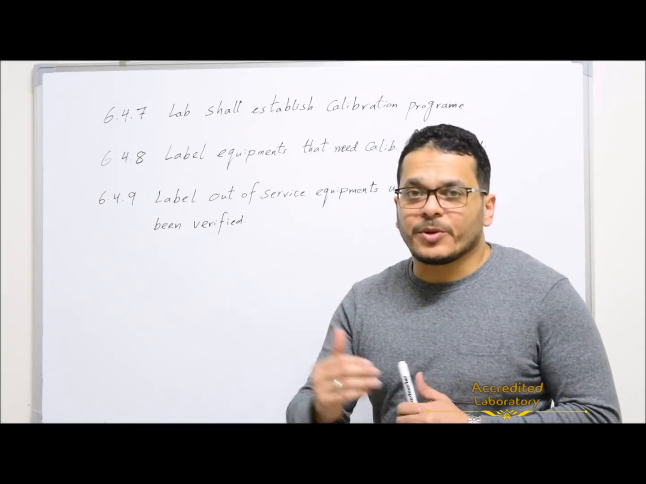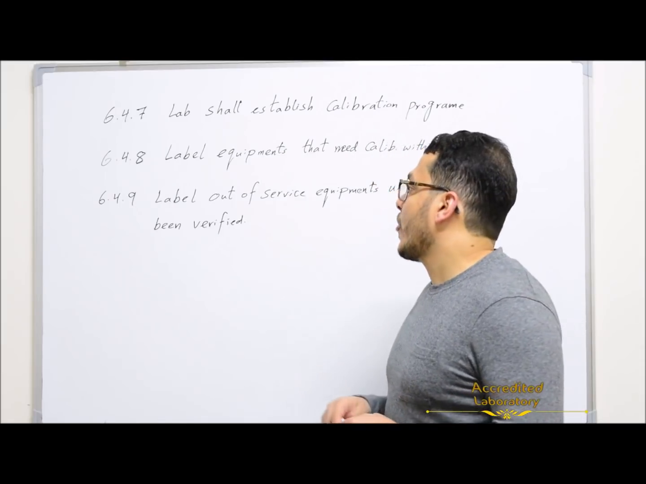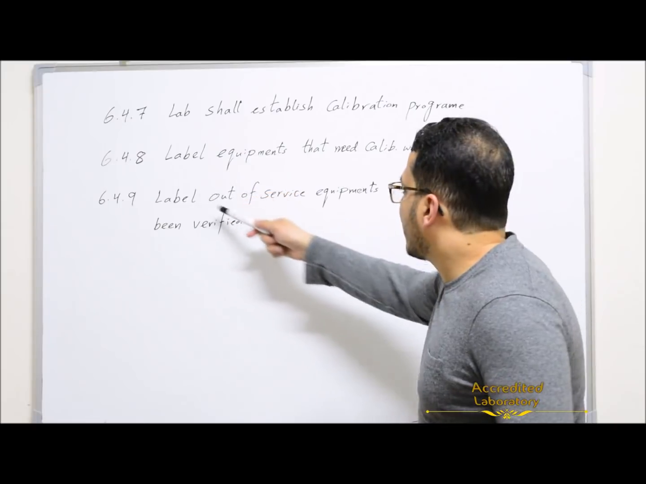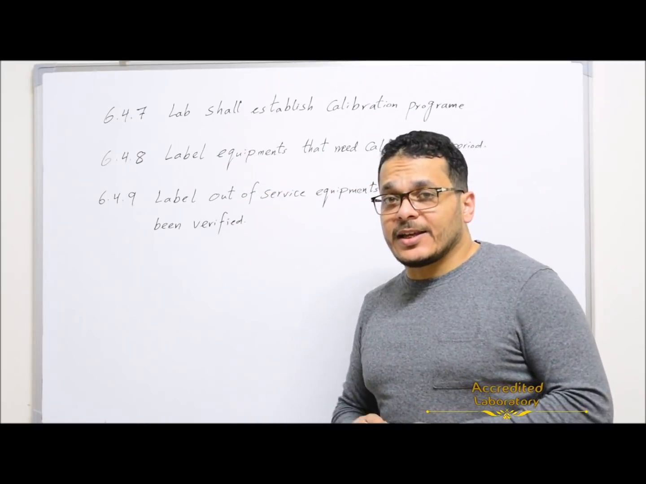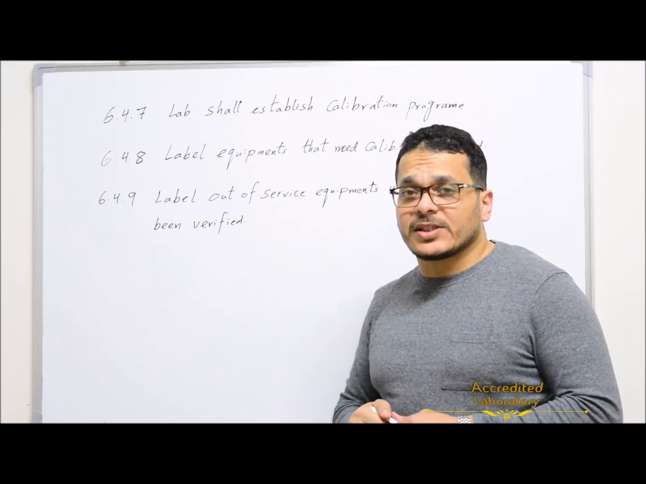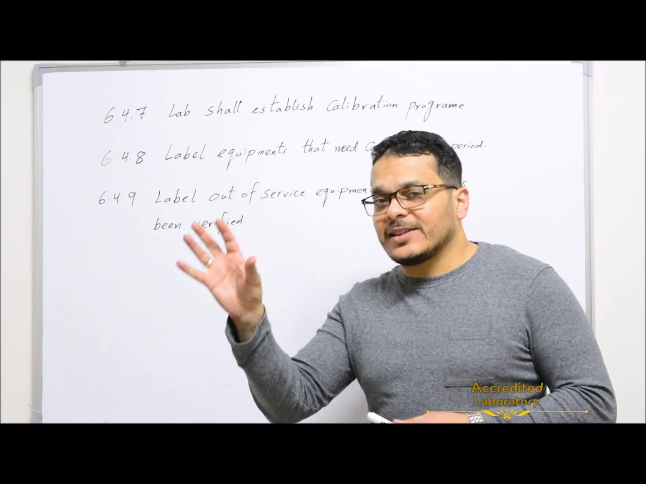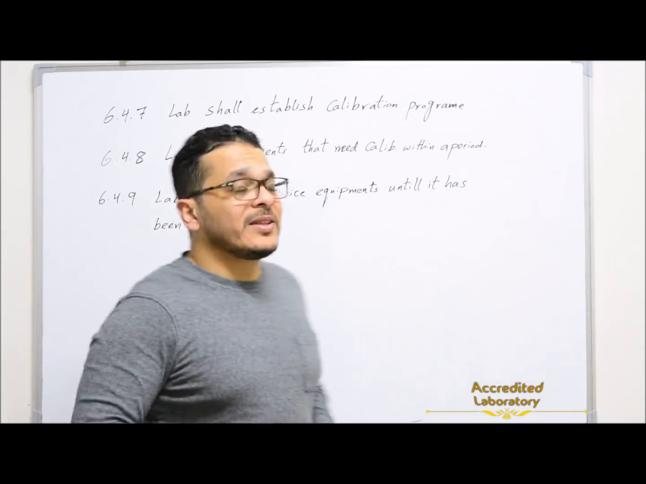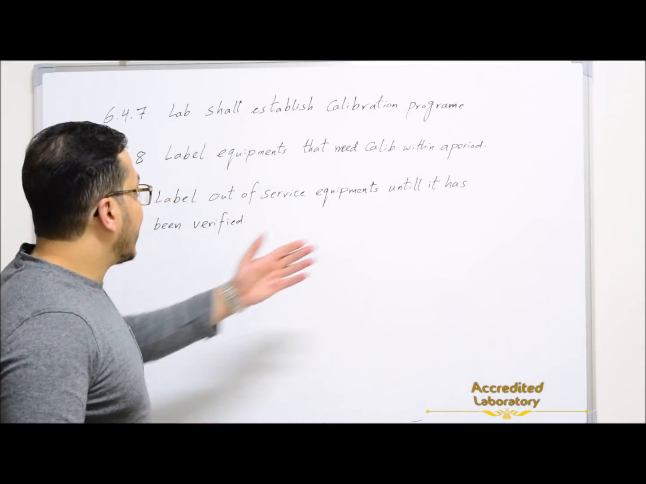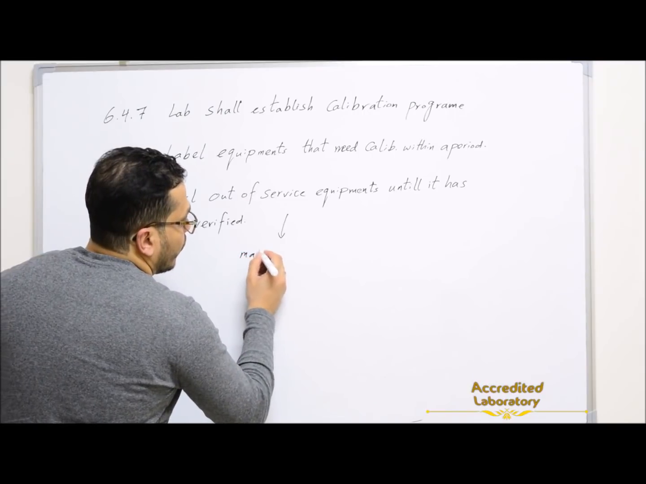So that will prevent any confusion for any analyst inside the lab. And label out of service equipment. If there is any equipment out of service, this equipment should have a specific label saying this equipment is out of service until you finish the maintenance of this equipment, until it has been verified. In this case, you should have a maintenance form,